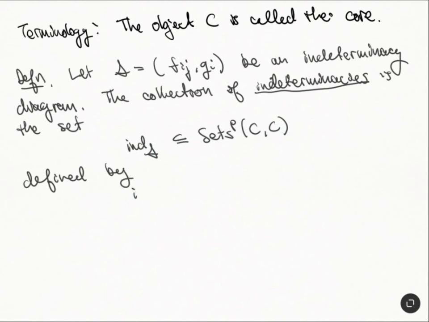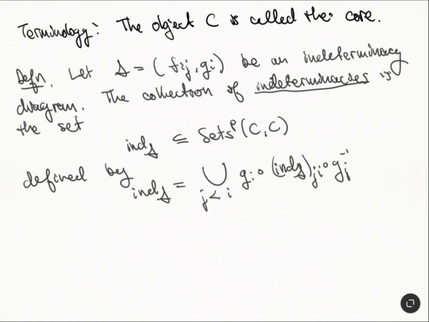So Ind S is going to be the union for j less than i of g_i composed with, and now I'm going to have to define another set, S_ji, composed with g_j inverse, like this. So what we're going to do is define a collection of maps between nodes, and then